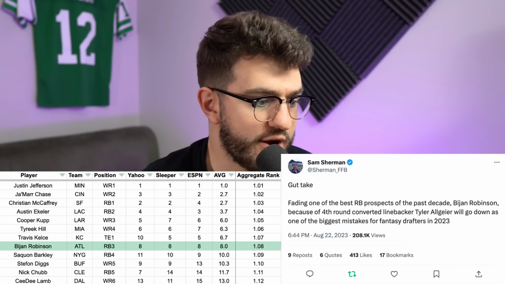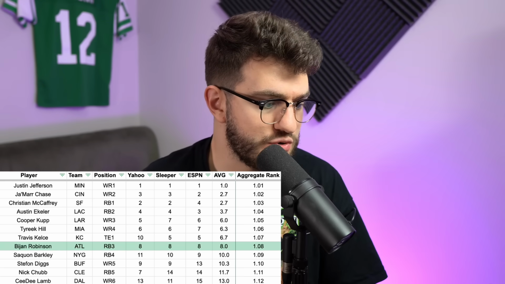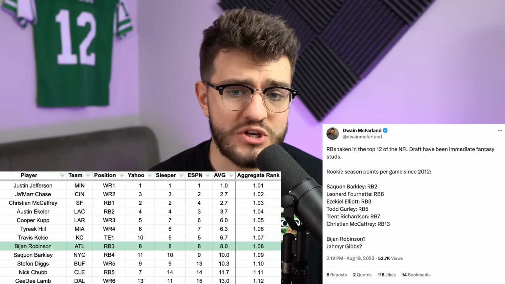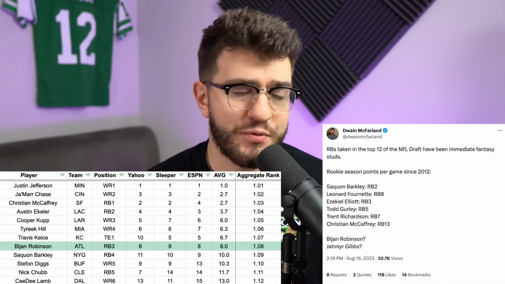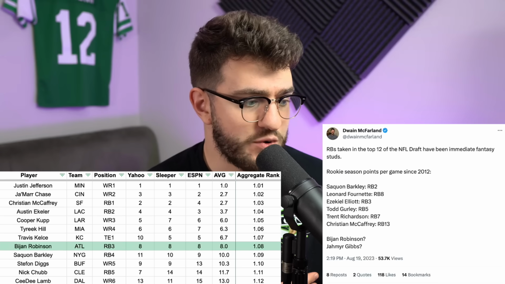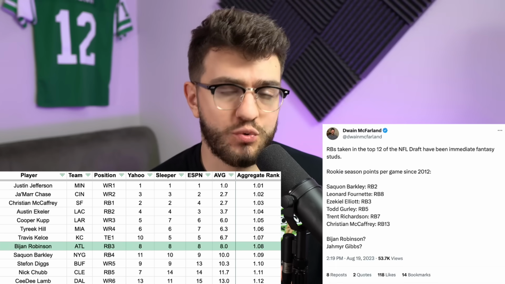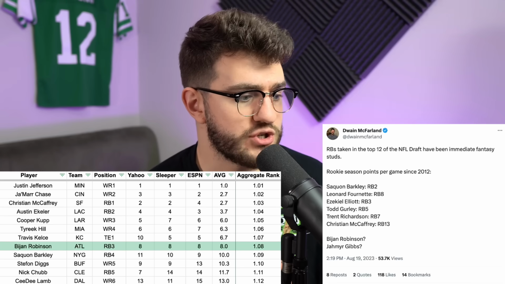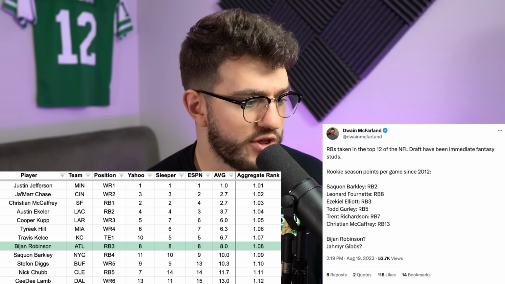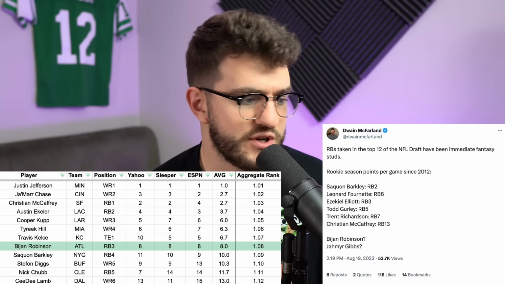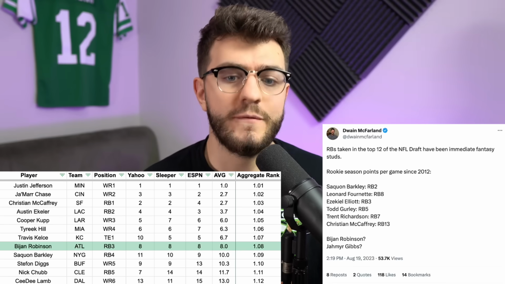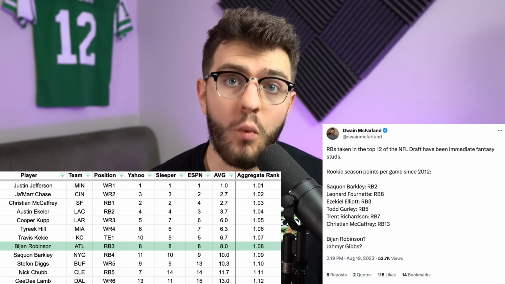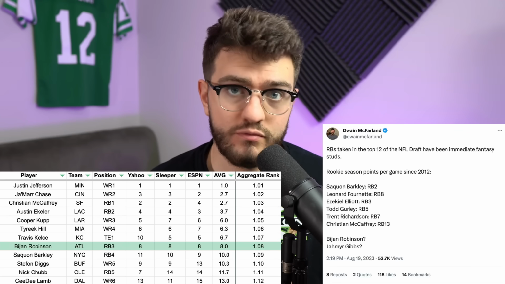When we look at just players drafted in the top 12 since 2012, via Dwayne McFarland, we're drafting Bijan to be our RB1 at top 3 prices here. And you have a ceiling of anywhere from RB1 overall, Saquon Barkley at 24 points per game, which would have been the highest points per game season since 2020 last year. Ezekiel Elliott had a great season as well. And then you have a bunch of top 5 and top 7 finishes from Fournette, Gurley, McCaffrey. So he has a great floor, Bijan Robinson. He's also probably the most likely 101 running back candidate among all of the first-round running backs.